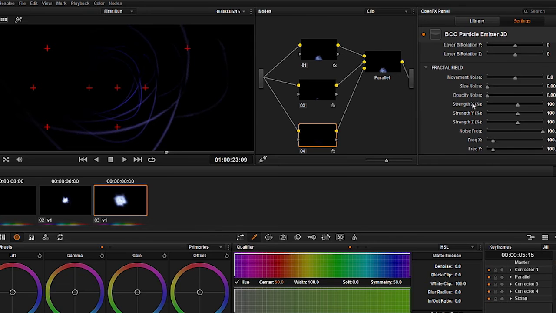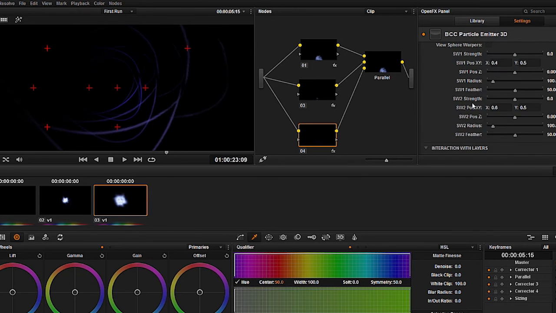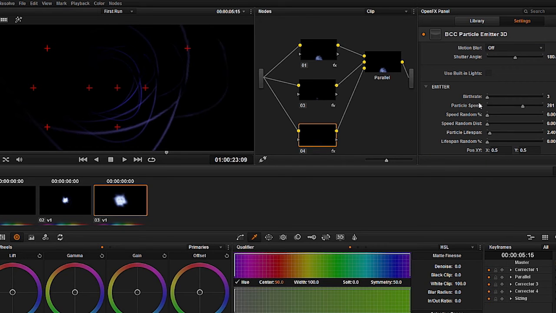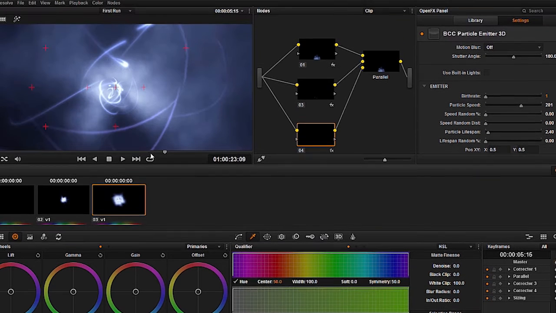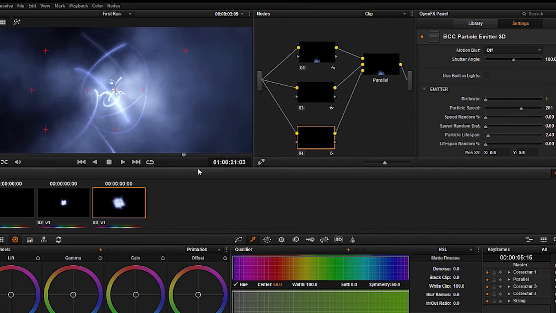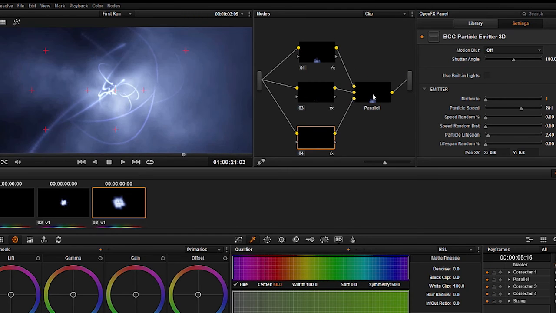Okay, now I might even want to turn down the birth rate just to make sure we don't get too many things going on here at once. I know it's only set to 3, but I'm going to set it to 2 or even 1.5. There we go. And now let's unhighlight that effect so we all see it together. Ah, very nice. And now that I have all my effects together, I'm going to go into this parallel node,